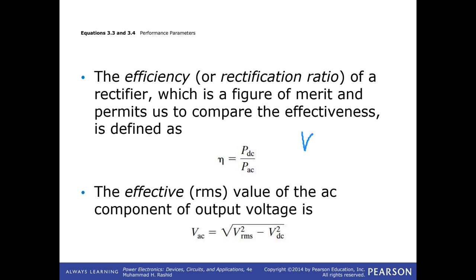I'm going to write it in a different form. VAC squared is equal to VRMS squared minus VDC squared. You can see that it has the AC component also; the effective value of the AC component of the output voltage could be calculated by using that equation. Or you might say that the DC component